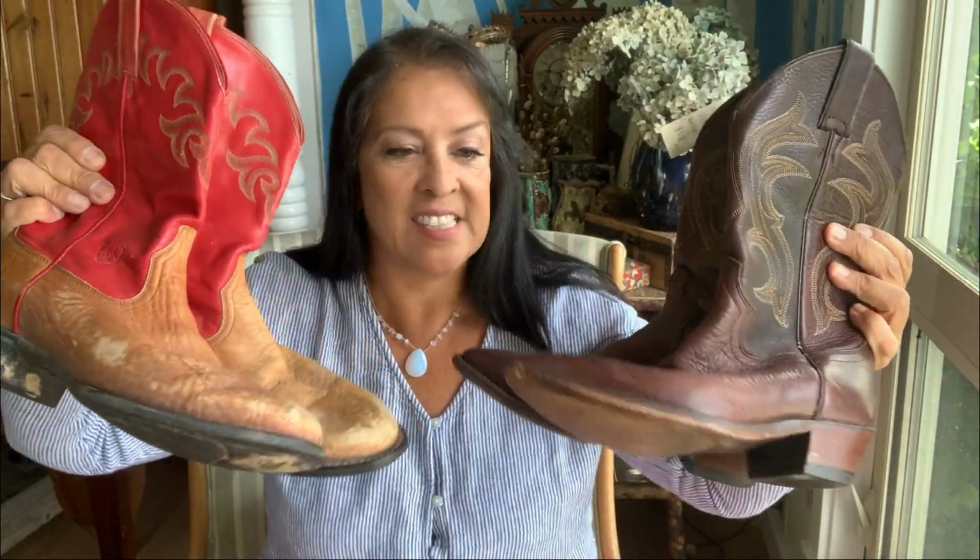super cool. And who doesn't dig a good cowboy boot? So both of these, I can't remember what I paid for them, but I like them. I think they're super cool. I really want to do kind of this Western corner in my store. When I first opened, I had a Western display and I thought it was so cute. And you know, no matter what, even though I'm really into like boho